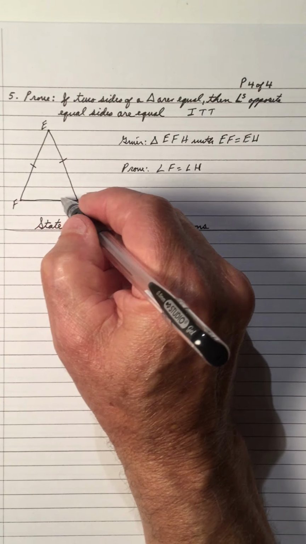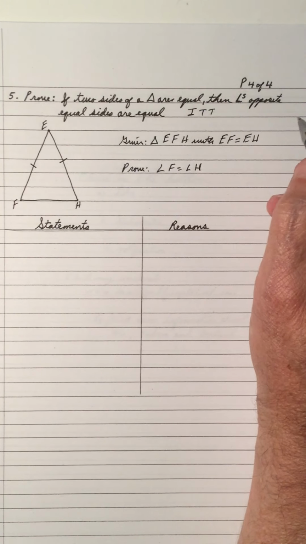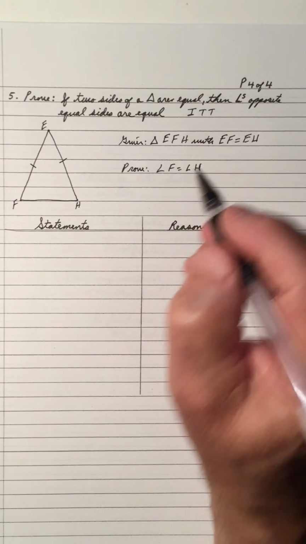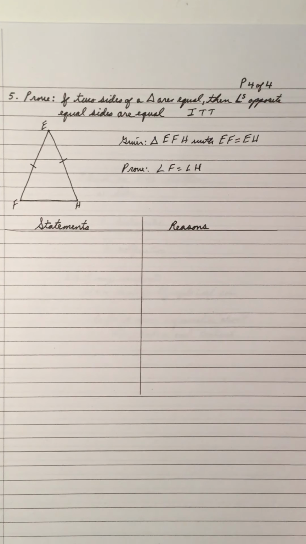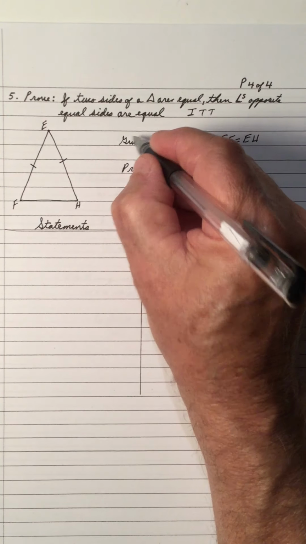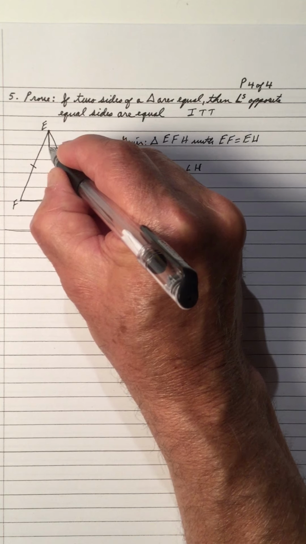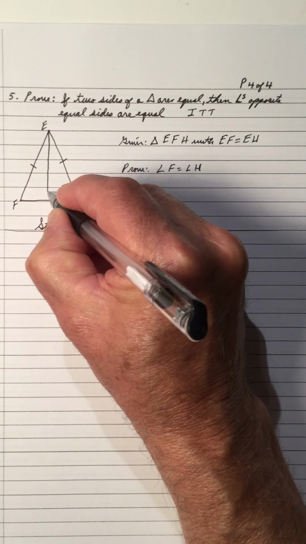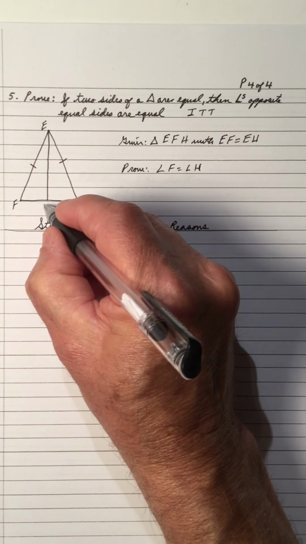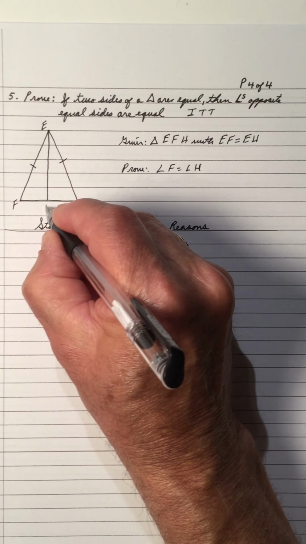We have to prove that these angles are equal. And to do that, well, we did all this work on altitudes and medians and perpendicular bisectors. So these two sides are equal. This is the vertex angle. So if I draw an altitude from E down to FH and intersect at P,